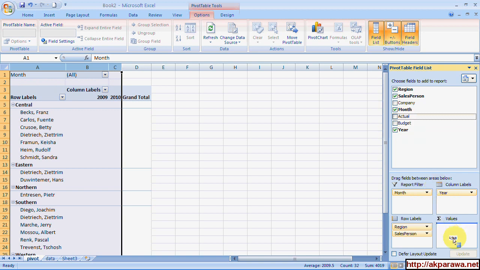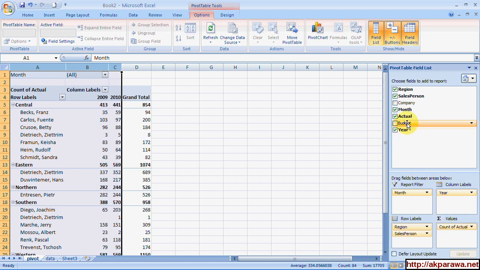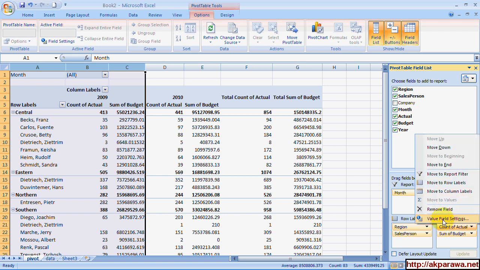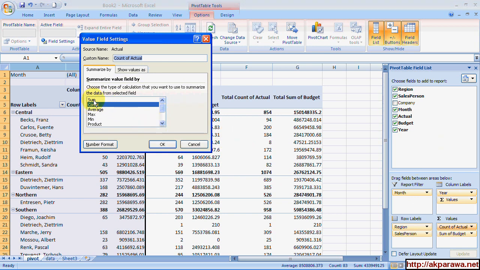And for actuals, we need the values. We also need the values for the budget. Currently, Excel is telling me that's count of actual. It's summing it up as a count, which is really not what we want. It's got it right for the budget as a summation, but this one is giving me a count. So we can change all that. If I click once, or use this little arrow, but I prefer to click once on there, I can see value field settings. If I go in there, I need to use sum